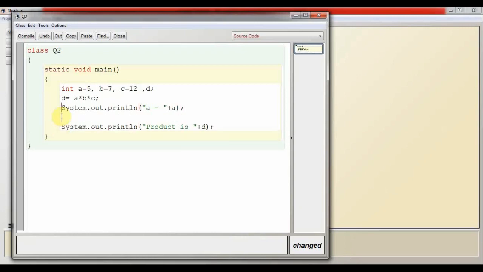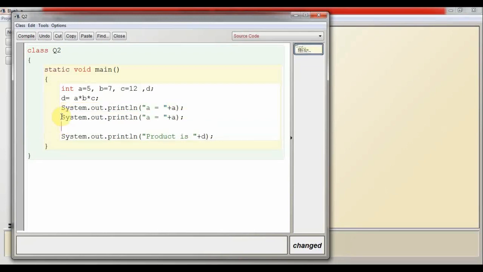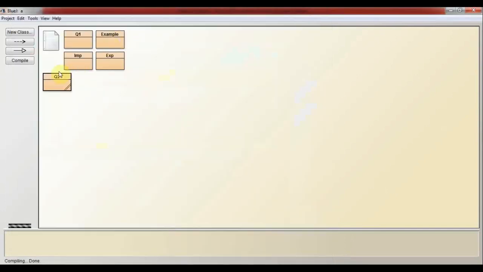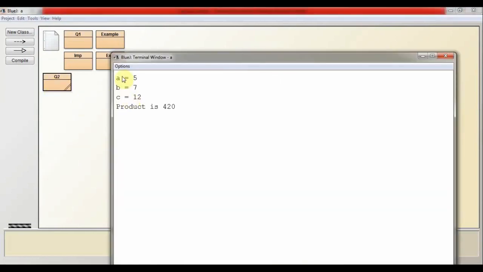In the same way we'll write to print the value of b and c. So here value of a, then b, c, b equal to and here c equal to. Now compile the program, close it, right click on the program, execute. Now the value of a equal to 5, b equal to 7, c equal to 12 and product is 420.